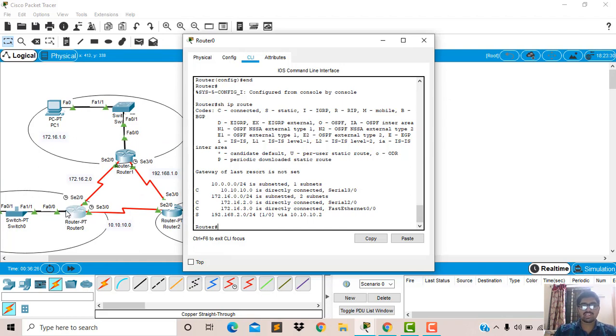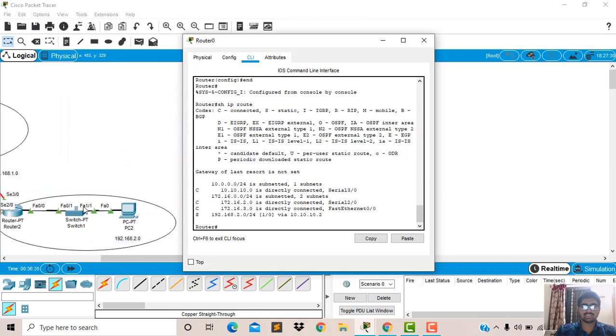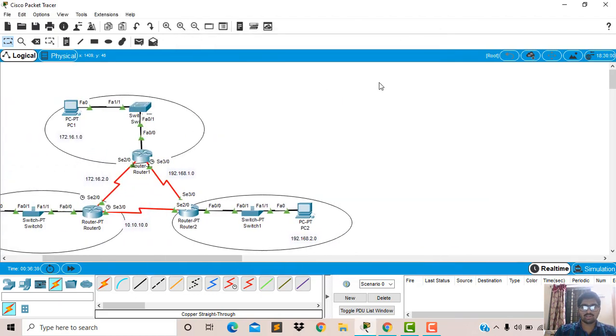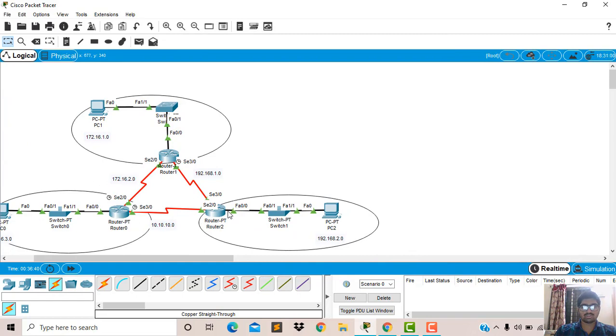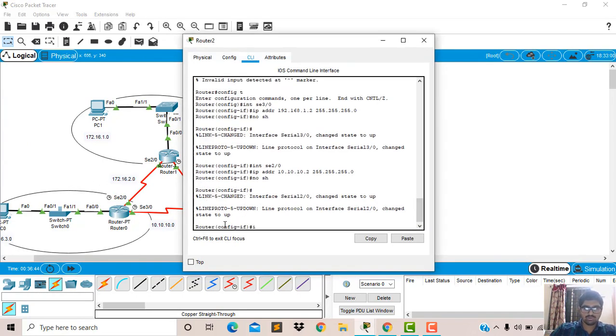To configure the connection between these two routers, we have to assign it for router 2 as well, because the LAN 1, that is PC0, is unknown to router 2. We have to make LAN 1 known. For that we will give IP route.